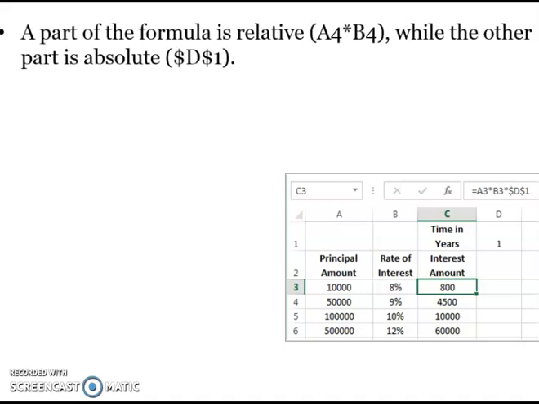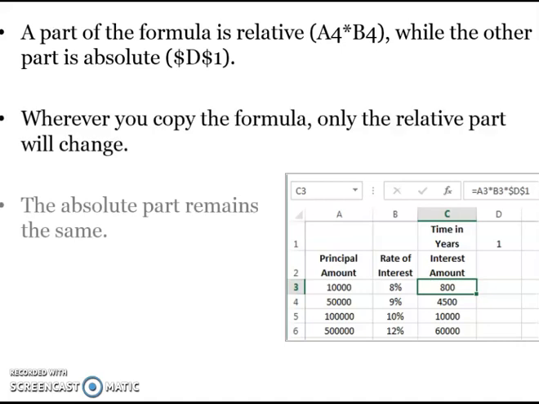We are taking this example. Have you seen on your slide that I'm multiplying A3, B3 and column D, row number 1? This has a dollar sign, meaning these values cannot be changed.